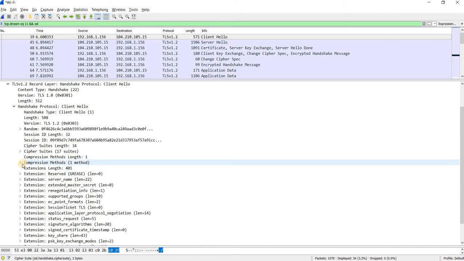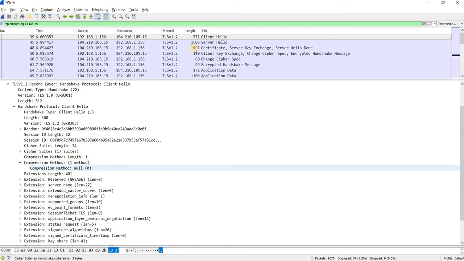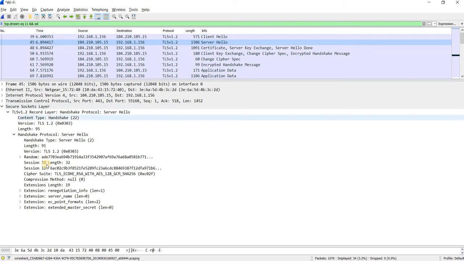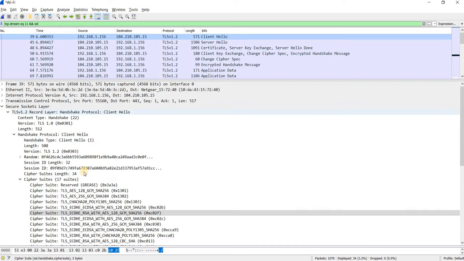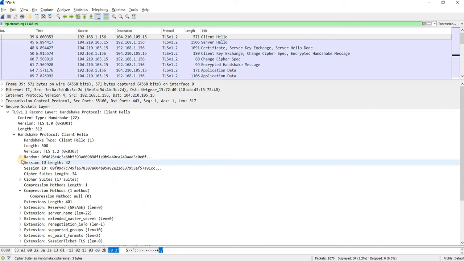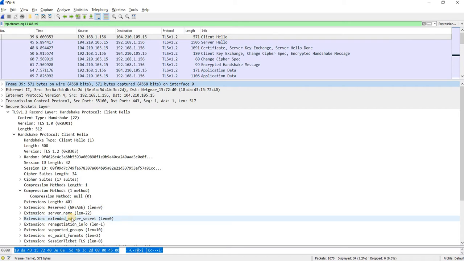Now the compression method is null, and in the Server Hello, the compression method is also the same. Along with this cipher suite, compression method, and random number, they also exchange some other information which is not